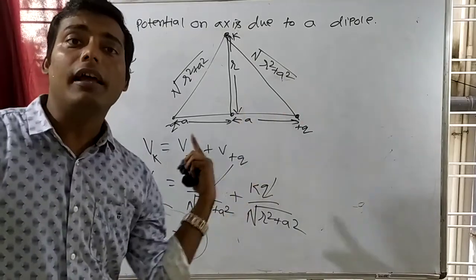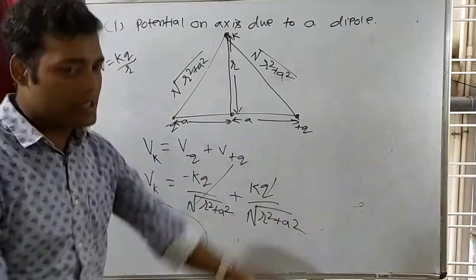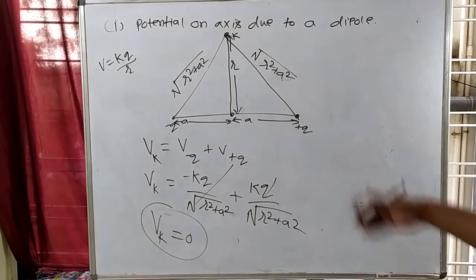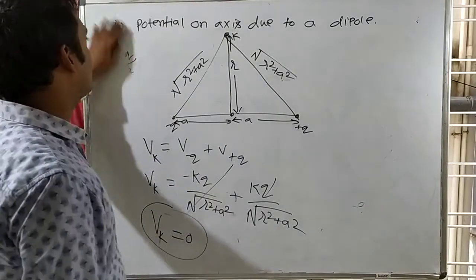I have derived this in my general derivation also. So just prepare the general derivation. I have just shown you so that you will know the second process also. So just go through the first process; no need to go on this. Just for your understanding, I have derived this one. Clear?